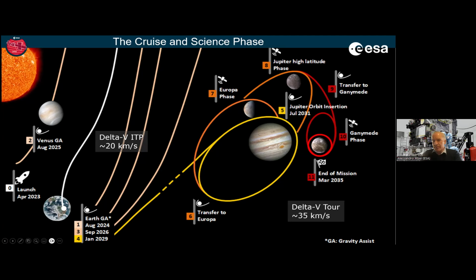a circular orbit. And originally we would go to a 500-kilometer orbit, but because the Ariane 5 put us in such a perfect trajectory, we can use the propellant to go to 200 kilometers. And this means that we will have better resolutions of all the instruments. So that's a big plus. And then the mission nominally will end in March 35, but if we still have enough resources, this might be extended to 37. And to get an idea, all the delta V given by all these gravity assists during the